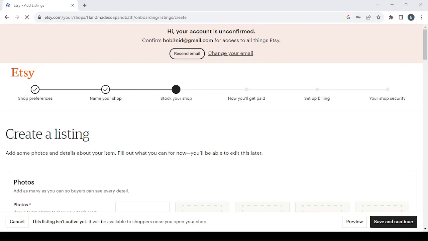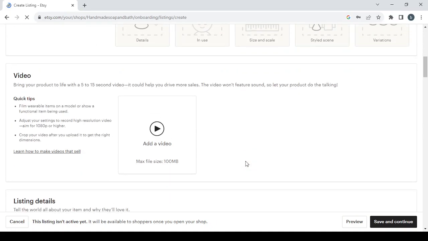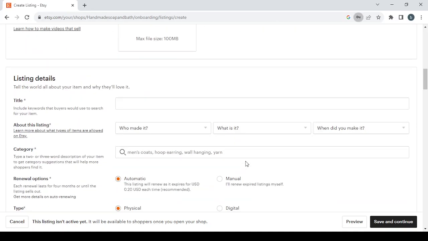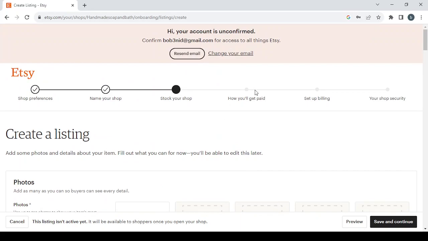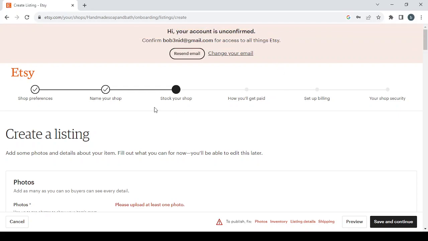And in this step, if you don't fill in this information, most of which is obligatory, you will not be able to proceed to the other steps. As you can see, when you click on save and continue, it says fill out all of the required fields correctly in order to preview or save. So here you will need to fill all of these fields